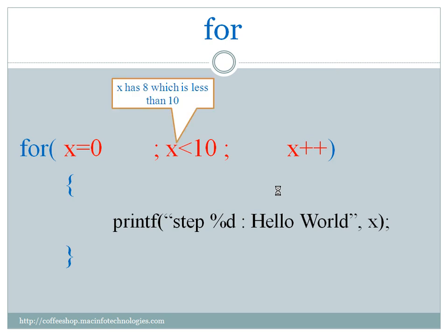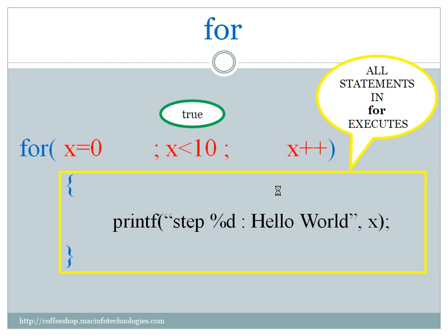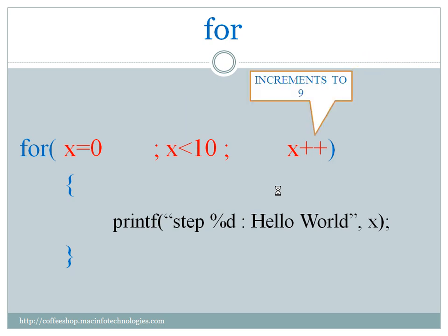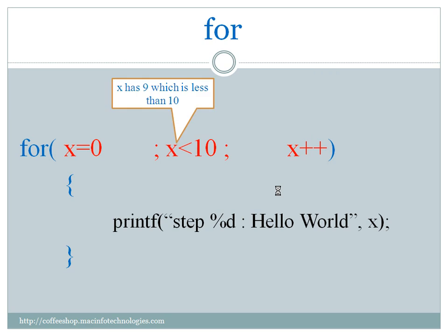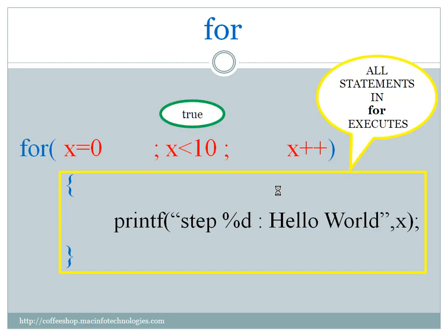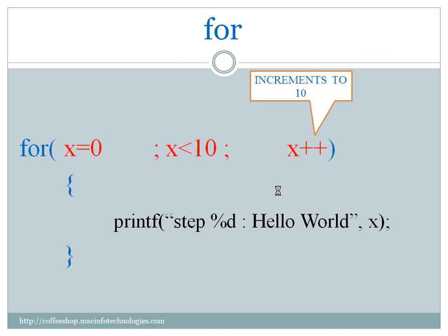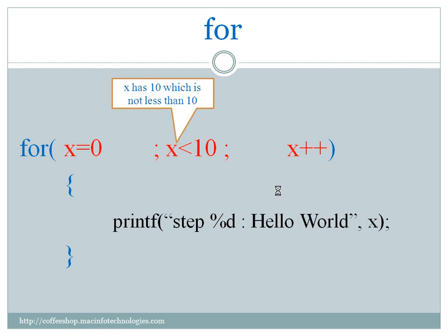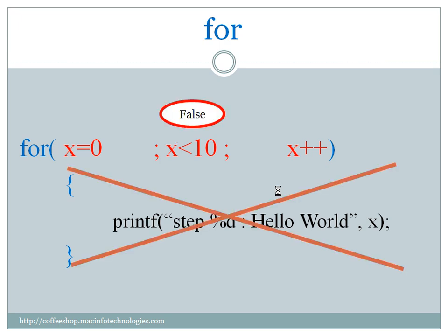and again increments to 8, and now x has 8. 8 less than 10 is true. It again executes all the statements and increments the value to 9, and now 9 less than 10 is true, so it executes all statements and now x becomes 10, and 10 is not less than 10, so it becomes false and all the statements inside the for block are